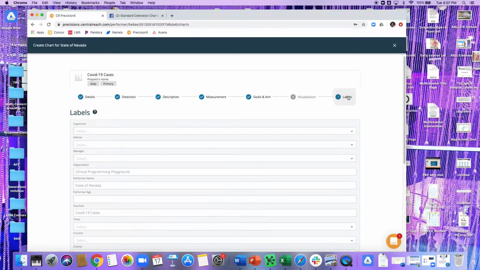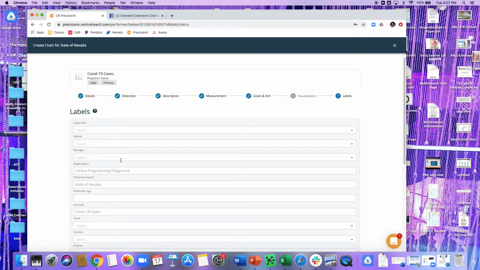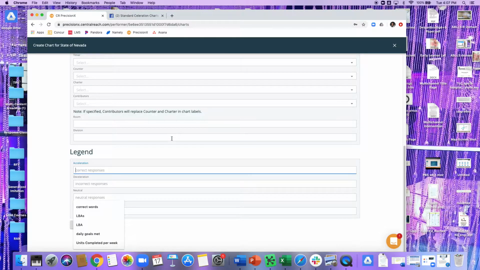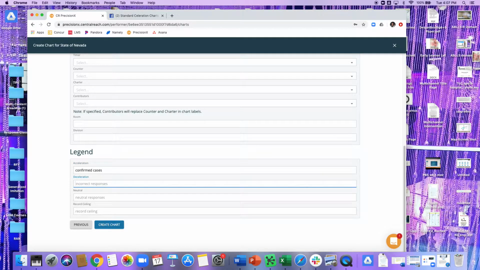Okay. And labels, this is new. That's not when you do your pinpoint. You can go and put your name on the chart, all that good stuff. And the legend. So it seems as if this acceleration is confirmed cases, deceleration deaths. Your neutral symbol could be